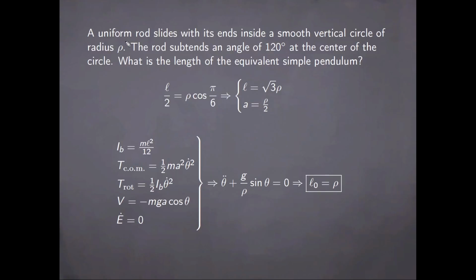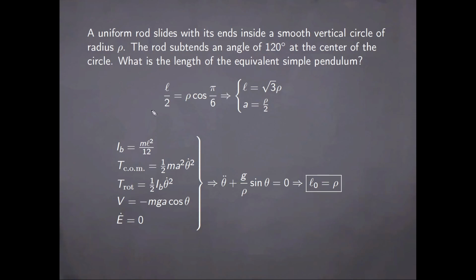Now we will look at a uniform rod in a slightly different arrangement. Namely, we will consider that the rod slides with its ends inside a small vertical circle of radius rho, and we know that the rod subtends an angle of 120 degrees at the center of the circle. We would like to find, for the dynamics of the system, the length of an equivalent simple pendulum which mimics